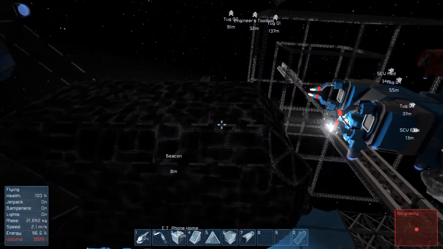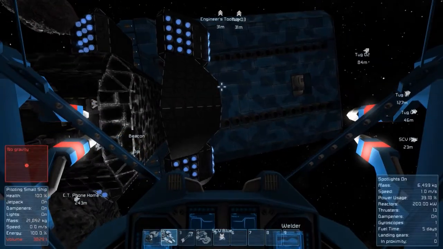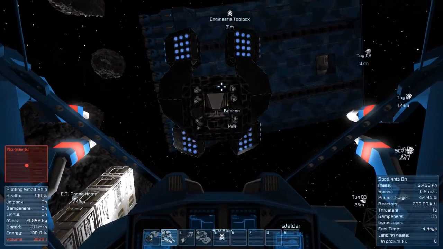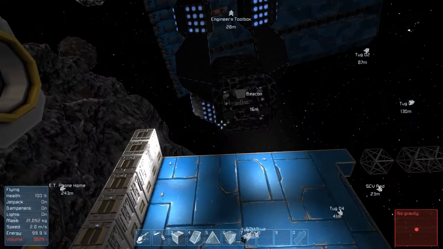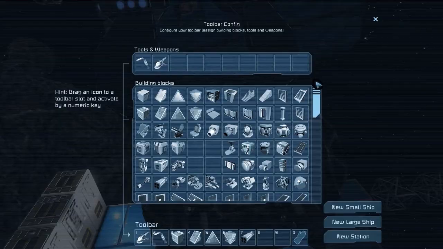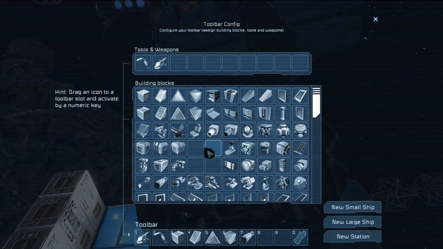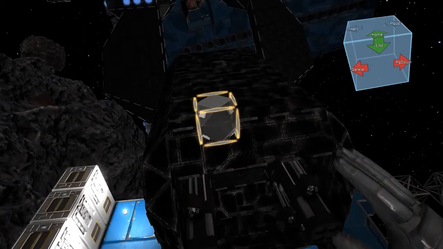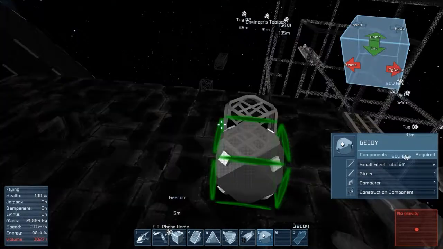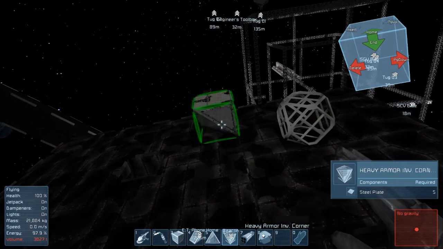The final thing I want to do is add a little bit of ECM. That is ECM, electronic countermeasures, in the form of some decoys. And what I'm going to do is add what I'm thinking of calling ECM blisters at various points along the hull, which is just going to be a decoy, then some heavy armor blocks,